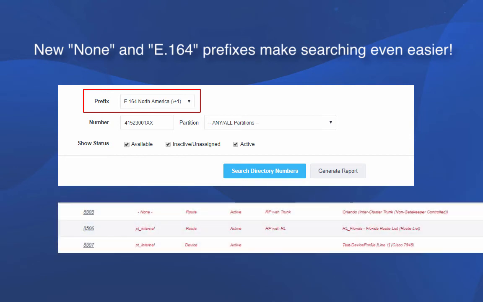Also, search or report results now show numbers, patterns, assignments beyond just phones, including trunks, gateways, route lists, device profiles,